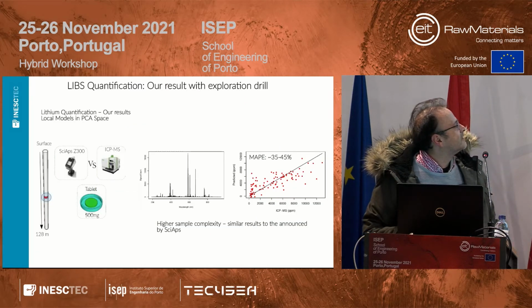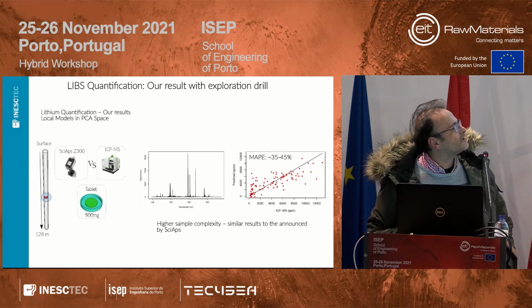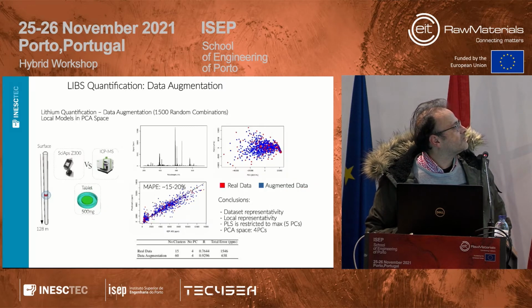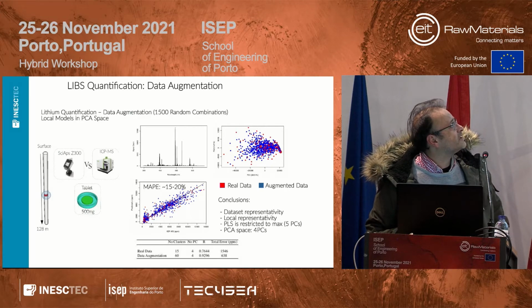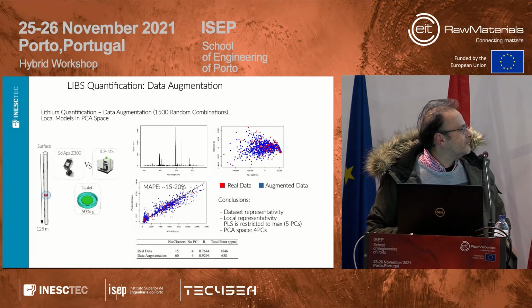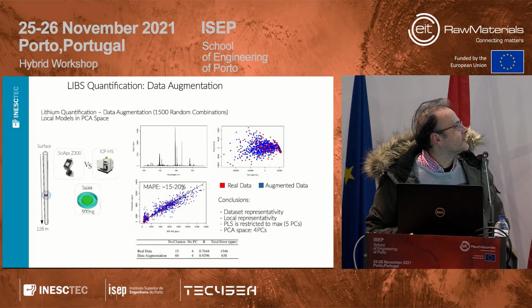So in here, I am using solely the data of the data set. This is before data augmentation. Of course, the result is not very good, only semi-quantitative, but you would have some quantification. But when you make random combinations of the spectra and the chemical composition, you can do data augmentation, and of course you start getting more accurate results because you are finding groups that have more covariance, consistent variance.